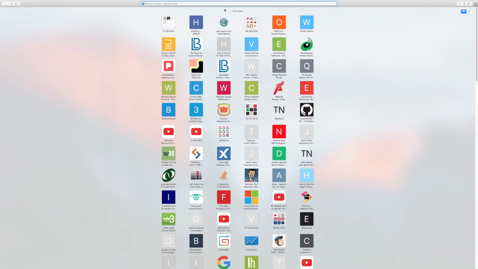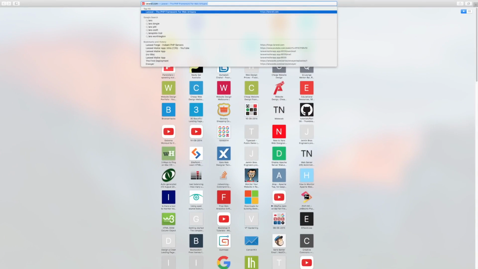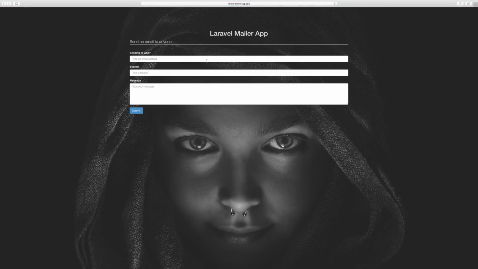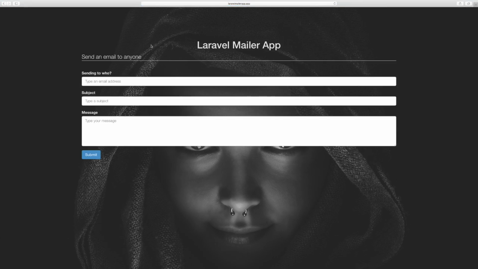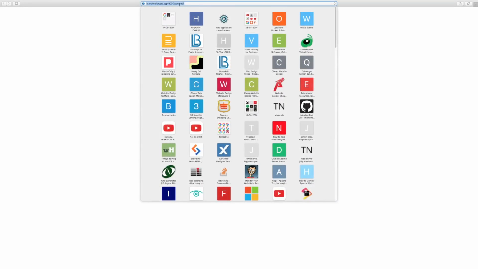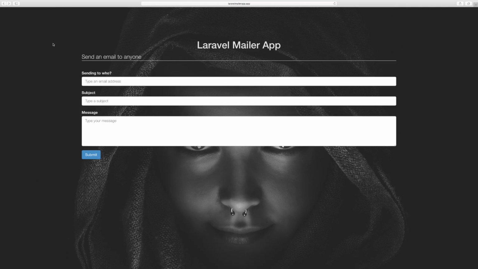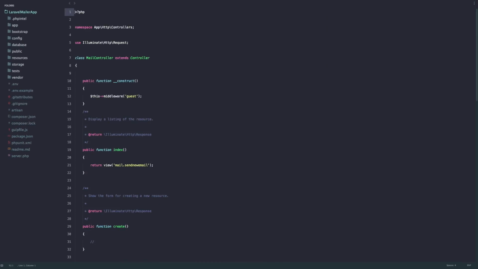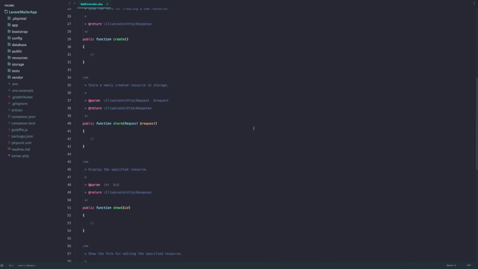Let me just go to that. Okay, so here we are. So sendMail brings us to this form, which essentially we have to validate. If I try to submit this, as you can see, it tries to submit to this route, and we haven't written down any code in this. So if I open the mail controller, so we try and